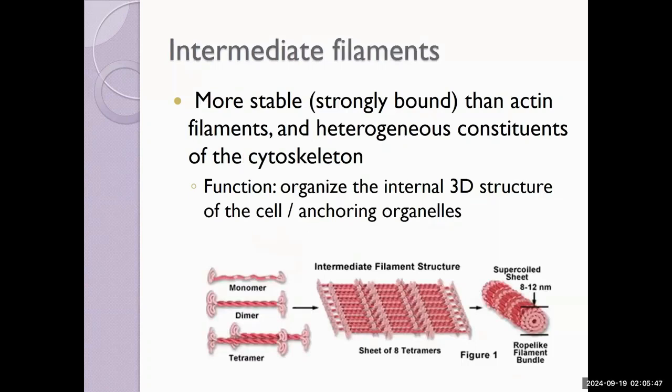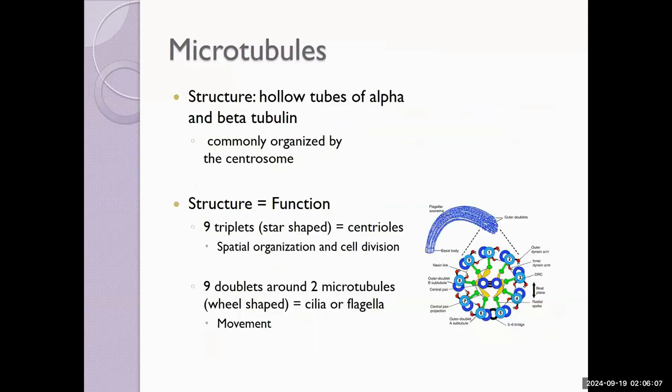Intermediate filaments are composed of 8 sheets of 4 actin-thick filaments, and so they are much stronger, and they allow the cell to anchor and hold on to organelles. Microtubules are even larger still. They are formed by 9 triplets around 2 smaller microtubules, and these components are used during cell division to rein in the chromosomes, to pull something of large mass, not just hold it in place, but move it.